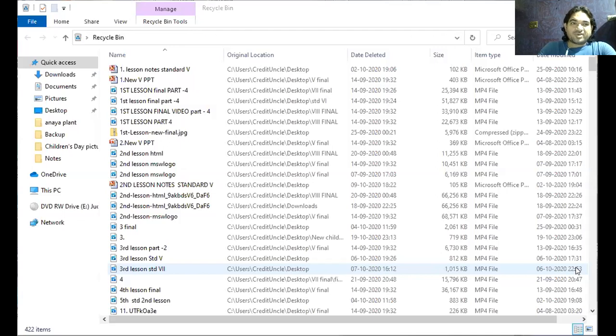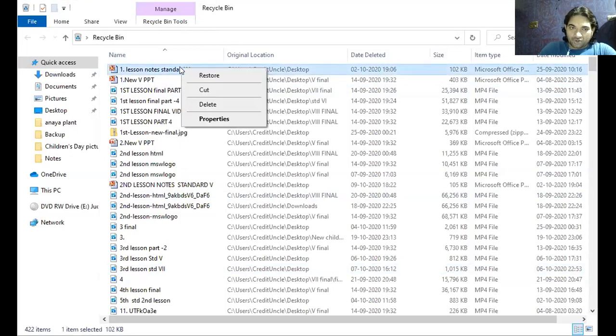Now, whatever files we have deleted always go into the recycle bin. This is the recycle bin. You can see here, for example, lesson notes, standard fifth. If I want to restore it, I just right click.